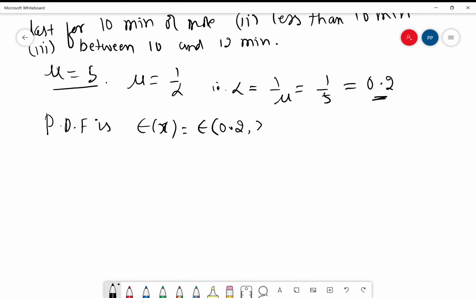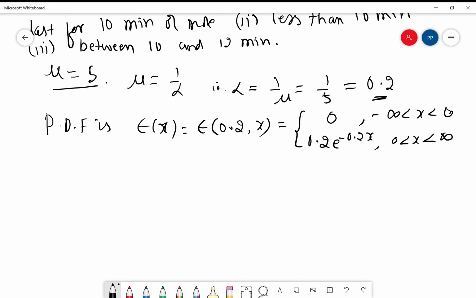0.2 comma x, which equals 0 for the negative interval, and alpha times e to the power minus alpha x, that is 0.2 times e to the power minus 0.2 x in the positive interval, 0 less than x less than infinity. Now the first case, we have to find the probability that